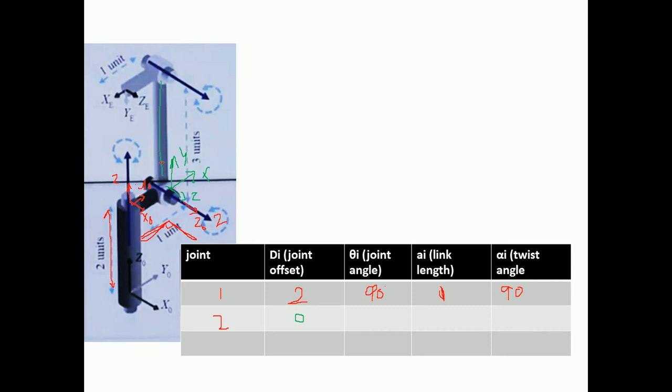Now we have to keep the x axis parallel to the common normal. For that, we have to do an anti-clockwise rotation about the z axis, so that the x axis is parallel to this common normal, and that value is going to be 90 degrees. Okay, so z stays the same, x is now upside and y is this side. Okay, now when this axis is going to reach over there, then what we have to do,